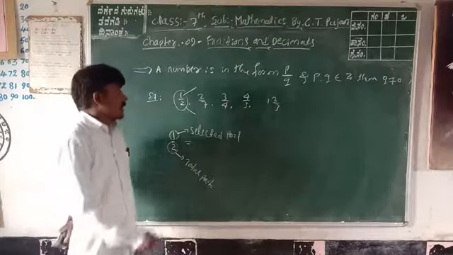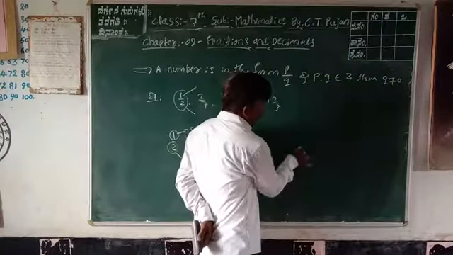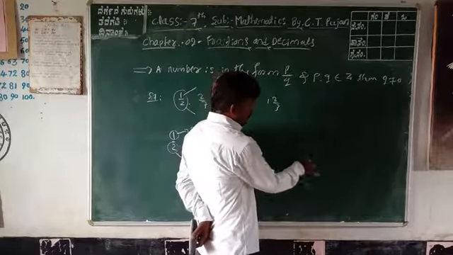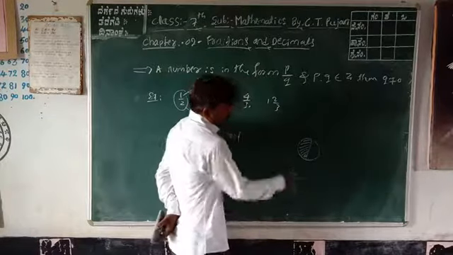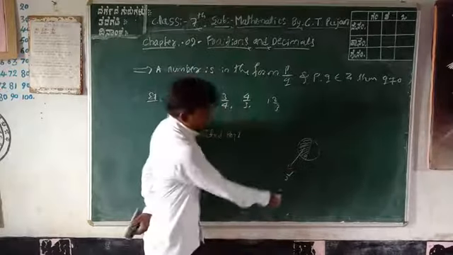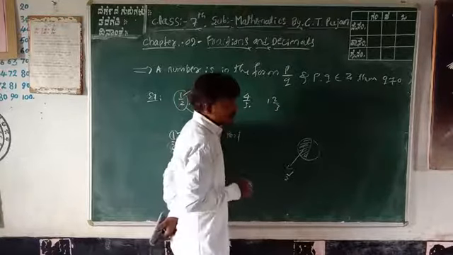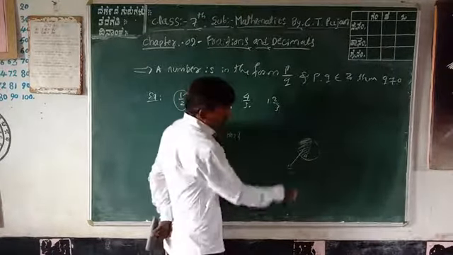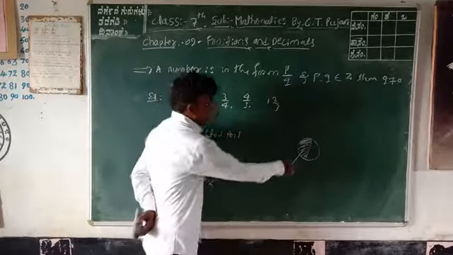For example, 1 by 2 is a fraction. You can draw it in a diagram also. You can take one diagram. This whole thing is the given thing. Dividing it into two parts, I can select only one part. Therefore, this area is 1 by 2. 1 is the numerator, 2 is the denominator. 1 is the shaded part or shaded portion. The shaded portion is only one, and the total portion is only 2 portions, so the fraction is 1 by 2.